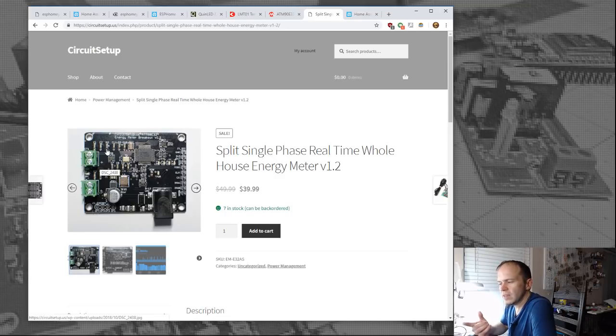So, Tim, were you able to get the PZEM-004 for the 2-phase or split phase dryer? I've got 3 of those boards, and I played with them twice, and I just can't get it working with 3.3 volts. Even after doing that 1K resistor mod, I've been having issues trying to get that to read in Tasmota. I don't know if it's a Tasmota thing, or I might just do my own little custom sketch to try to eliminate that issue. It might be a Tasmota thing. I'm doing something weird with it.